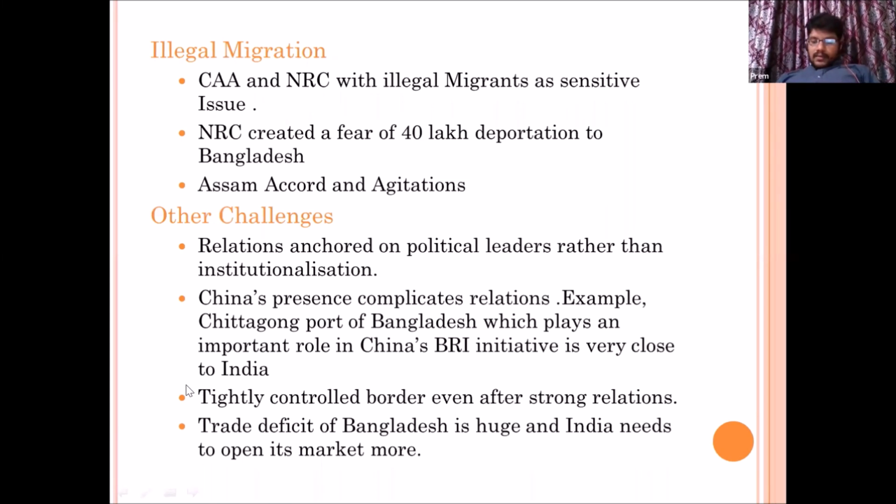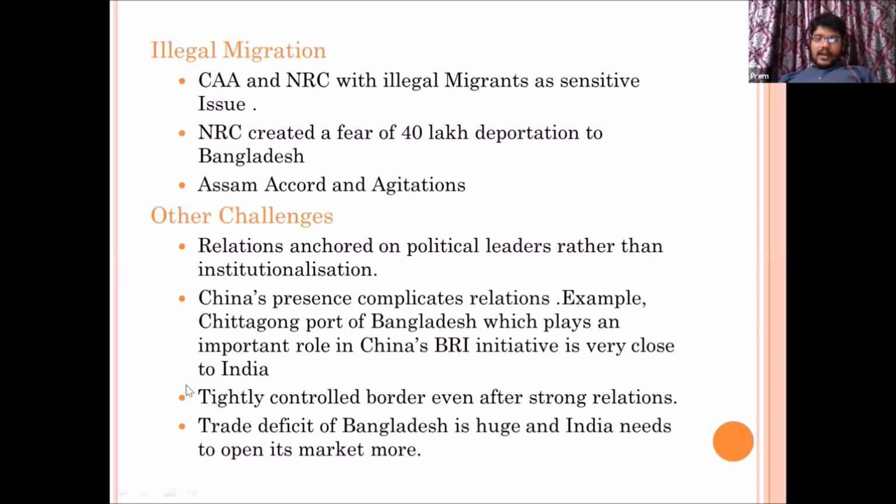Next, many people say the border between India and Bangladesh right now is heavily guarded, with fences and everything. But we have to slowly open the border if we want more growth in the relationship, because only when you open the border will more people-to-people linkages happen, more trade happen, and more growth happen, both between India and Bangladesh and also between Bangladesh and the other end, that is the Northeast. Because if you don't allow any trade between West Bengal and Bangladesh, how will Bangladesh reciprocate with the Northeast? So that is another challenge.